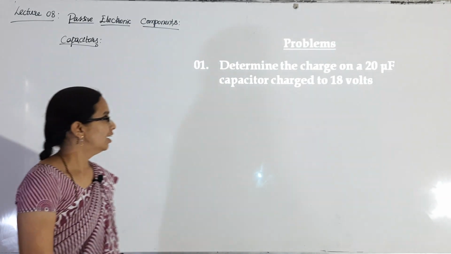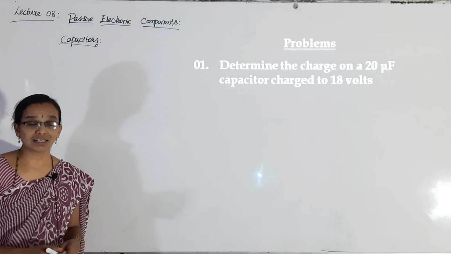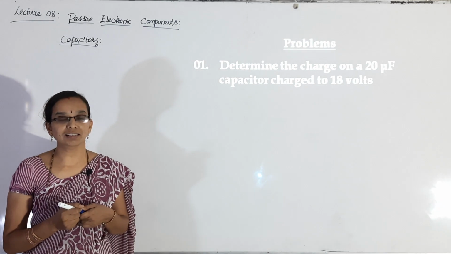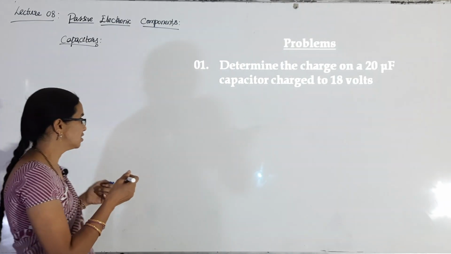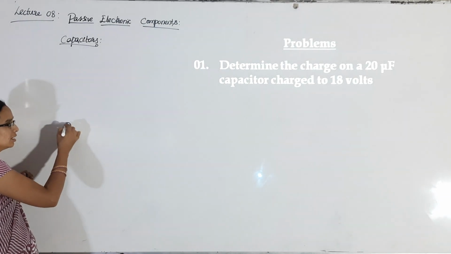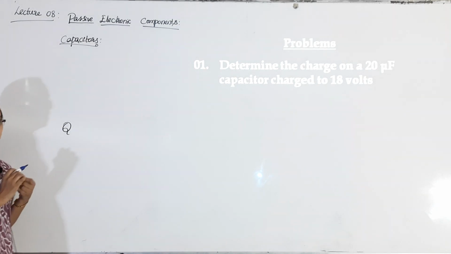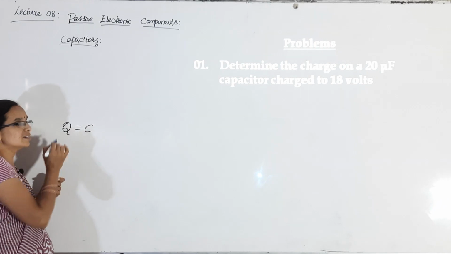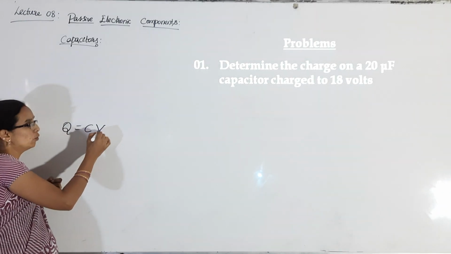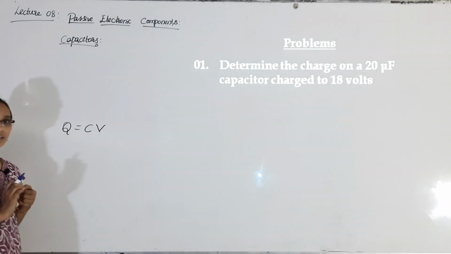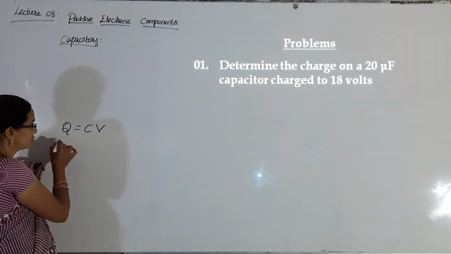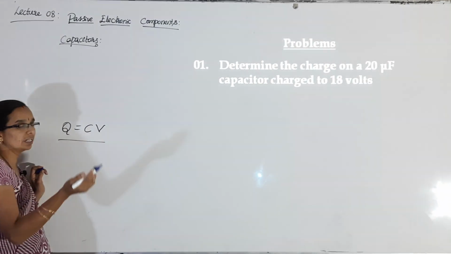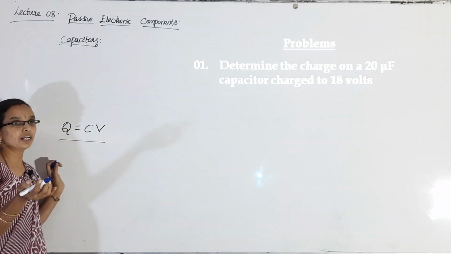In that we have discussed capacitors, how a capacitor is going to charge, how charges are placed on the plates of the capacitor. That we have already discussed. The charge Q placed on a capacitor depends on the capacitance of the capacitor and the voltage across the capacitor, right. How much voltage we can apply at maximum is decided by the voltage rating of the capacitor.